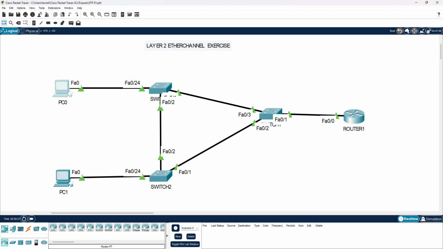EtherChannel is where we take two or more physical links and logically join them together to represent one logical path in the network. Besides providing link redundancy, it also allows us to utilize the aggregate bandwidth of the physical links. That's why it's also called port aggregation. For example, if we use two 100 megabit links in an EtherChannel, we would have the aggregate link bandwidth of